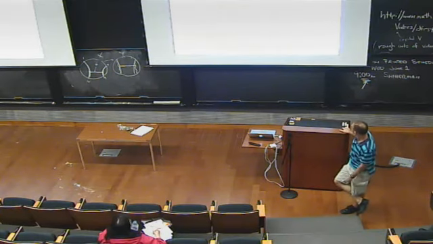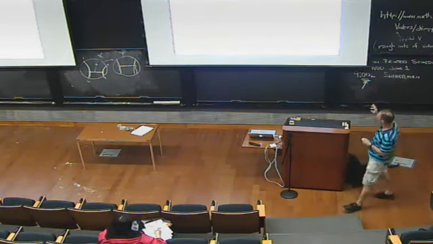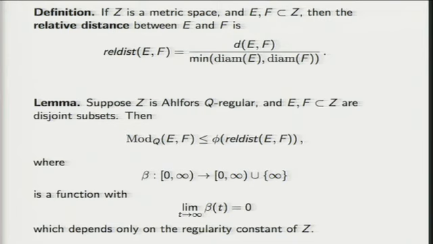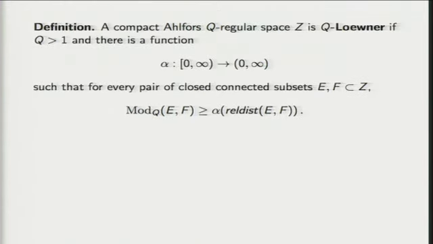Okay. So the upshot here is you have an analytic quantity, this modulus, right? And then you have this completely comprehensible quantity, the relative distance. And by some nice miracle, this simple quantity controls the modulus. Okay. Now,